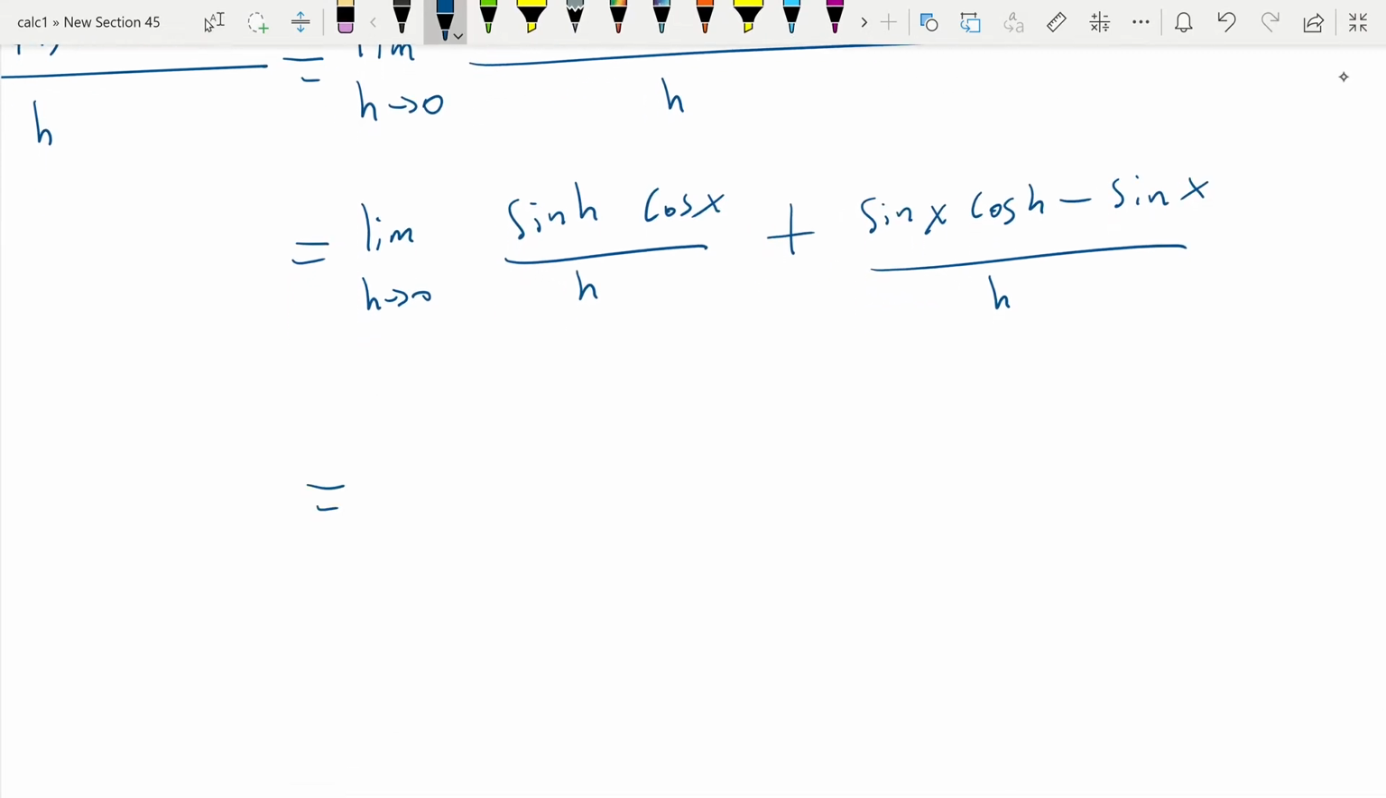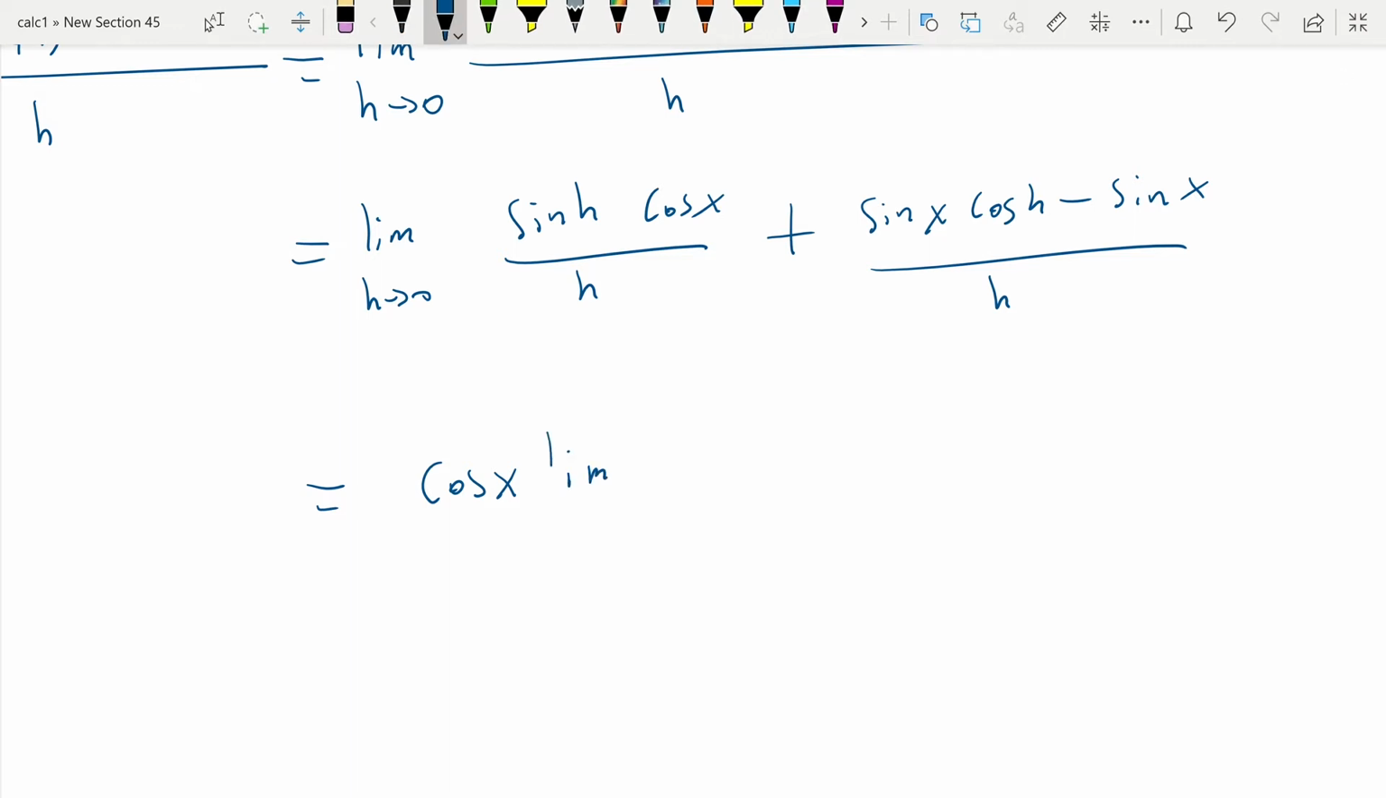These two limits actually exist, so we can split them, compute them separately, and then add them together. Cosine of x here does not depend on h, so we can pull it outside of the limit, and this becomes the cosine of x. So the limit of the first expression becomes cosine of x times